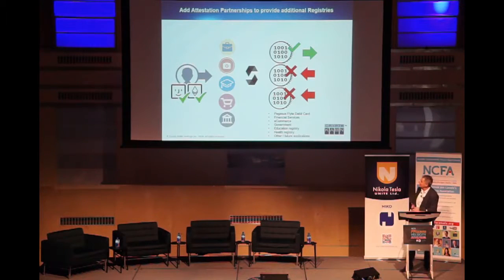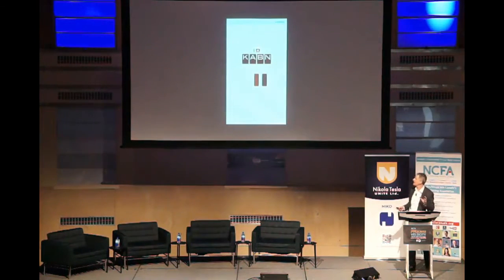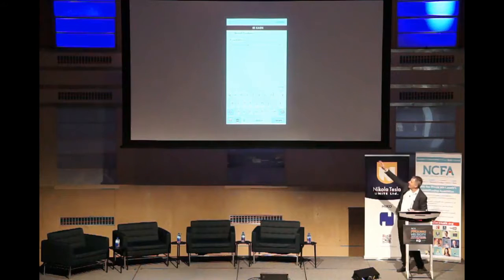And the beauty is that, obviously KYC, AML is a huge use case that we need to solve for, but there's no reason why we can't add other things to this. So for example, we can go back in and do the selfie, we can add other credentials and attestations. I want to walk you through a little bit of what it looks like. I was going to do this live, but logistics being as they are. Here I'm just entering, we got one of our team in Ohio to just bang this out over the weekend,